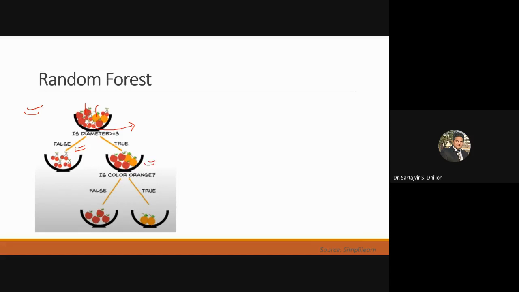Now you can apply the color combination over that. Once you apply the color combination, then you will get whether the color is orange. If it is yes, then you can say it is an orange. Otherwise, you can say it is an apple. So this is a very brief example, and hopefully you have